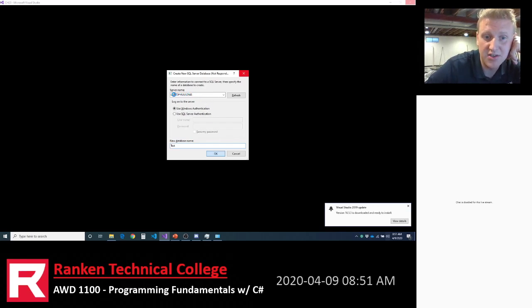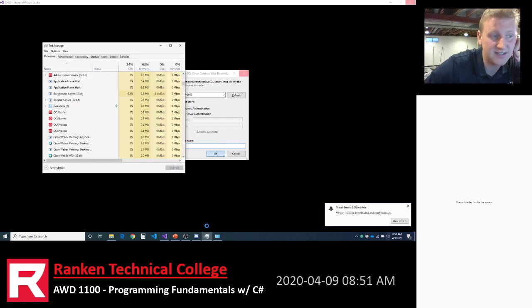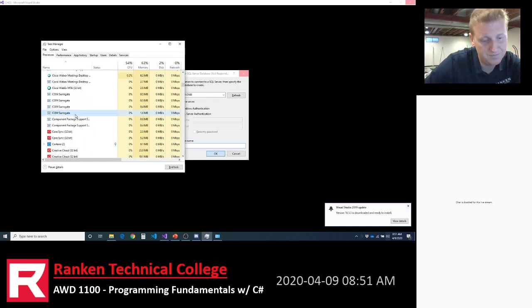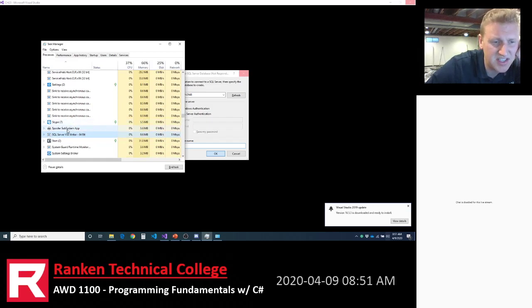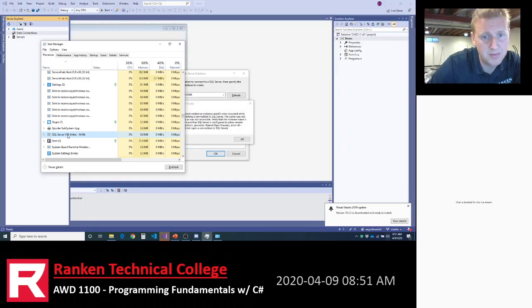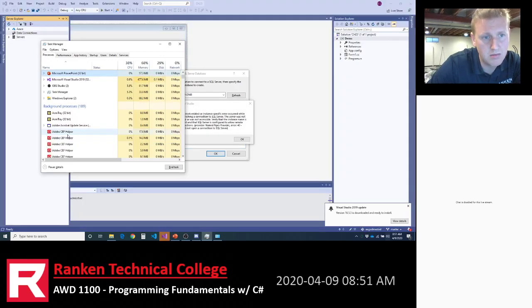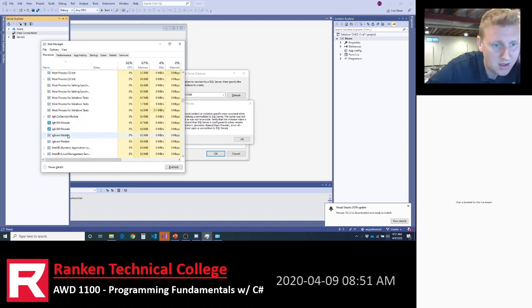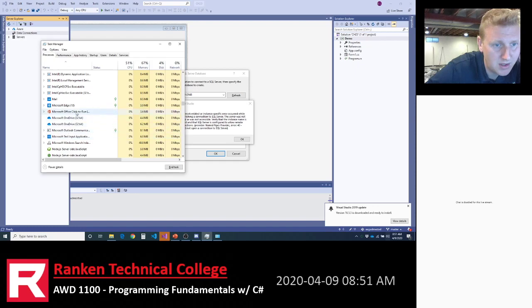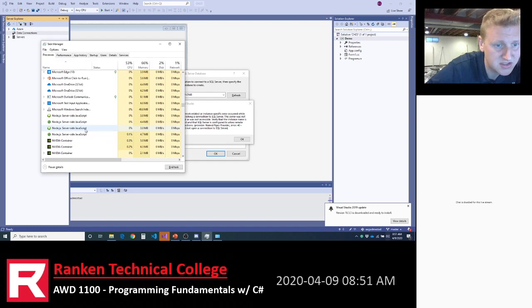Sometimes in here, that's why I was going to look at the processes and see what's running here. Yeah, I don't see Microsoft SQL Server running here. I'm pretty sure I'm going to need to install SQL Server.